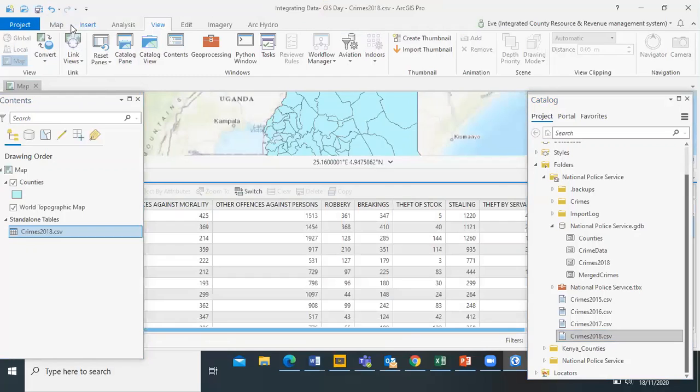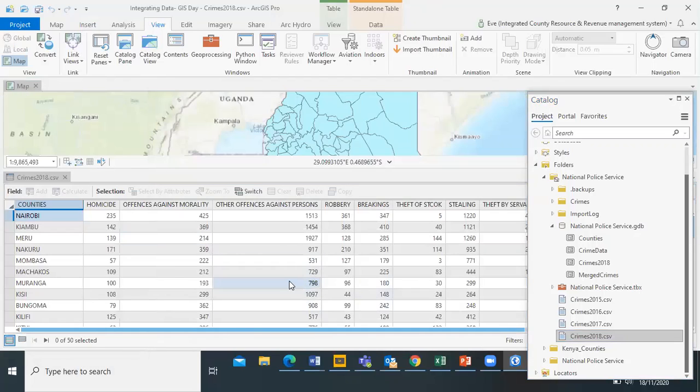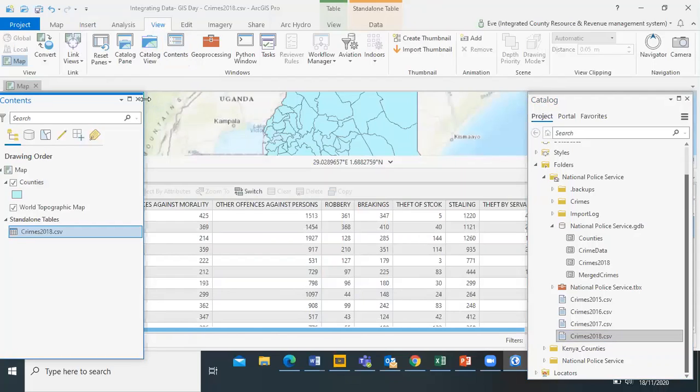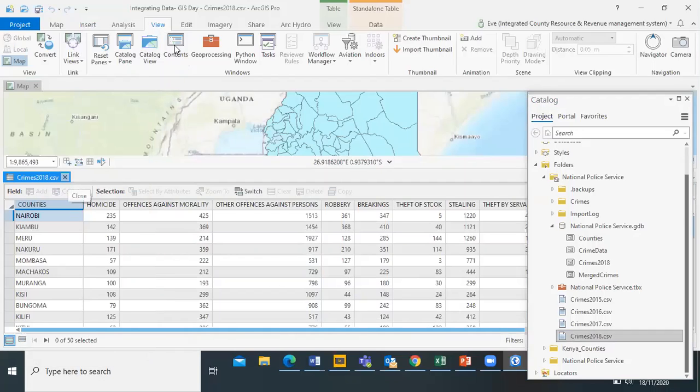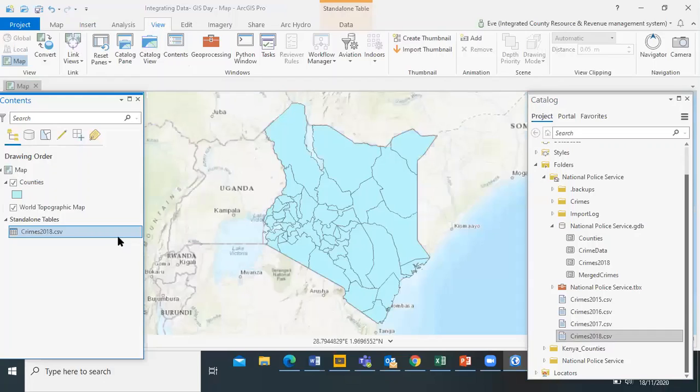So we have the county name, of course, and then we have the various types of crimes within that particular county. So we have these two types of data sets that we need to work with within ArcGIS Pro. Notice that the table is a non-spatial table, and then we have the counties, which is a feature data set. So what we are going to do is a join. We're going to join the table and the feature data set so that we can give the spreadsheet a